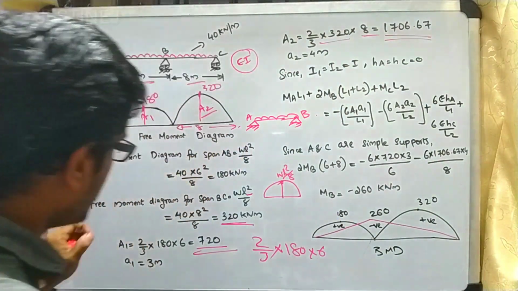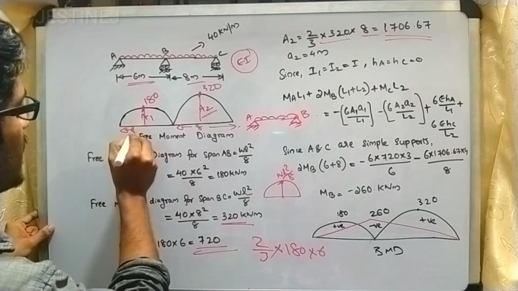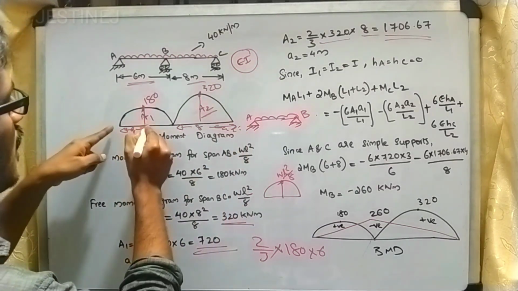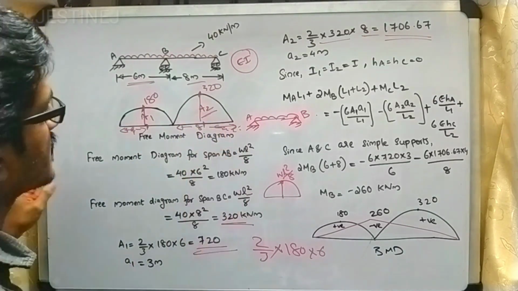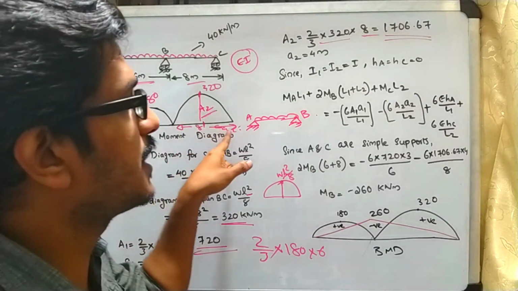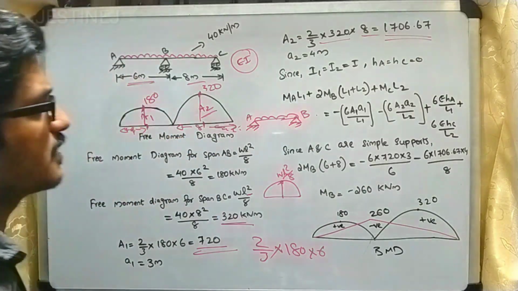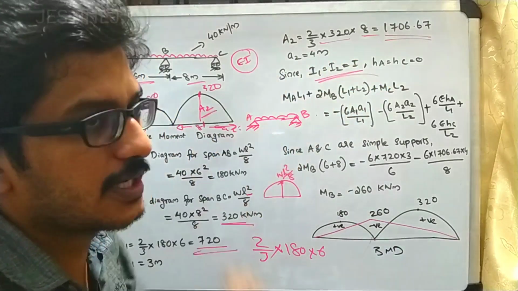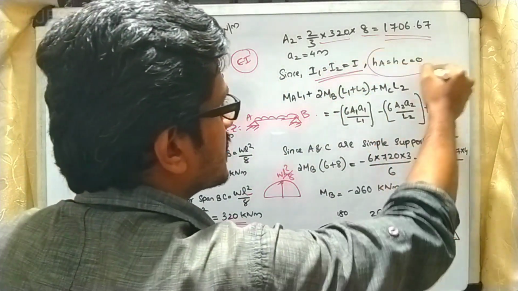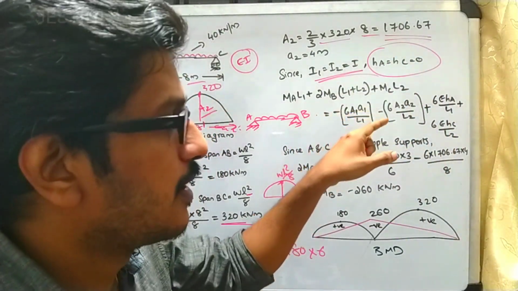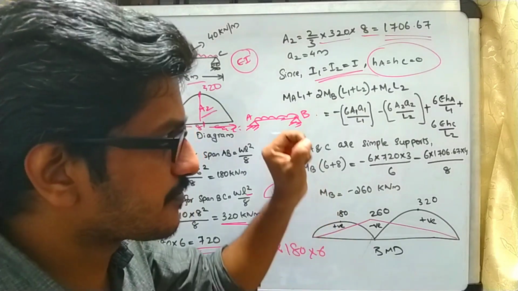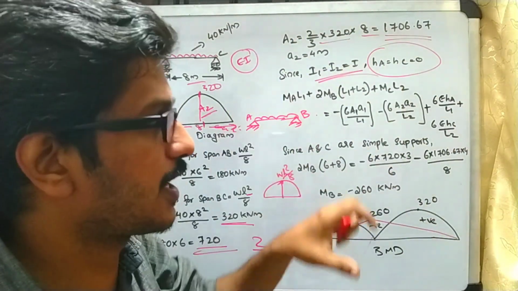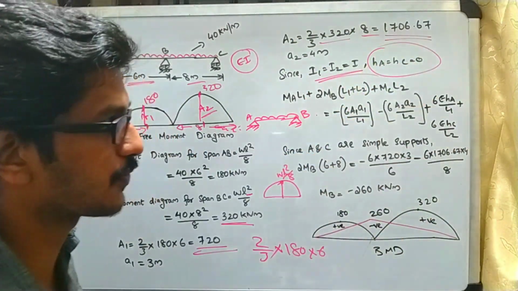Then our intention is to find the center of gravity distances for A1 and A2. That is half the span distance: here it will be 3 meters and here it will be 4 meters. In the question it is given that the I value is the same throughout the beam, so you can write it as I. In this question no settlement is given. In the derivation of the three-moment equation I mentioned the settlement, but in the given question there is no unequal settlement, so the HA value and HC value are going to be 0.